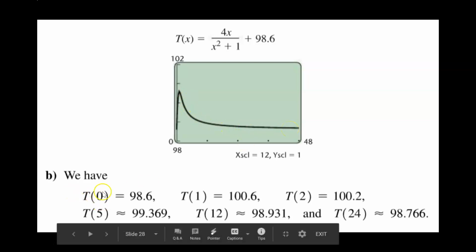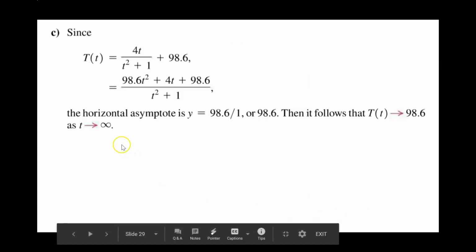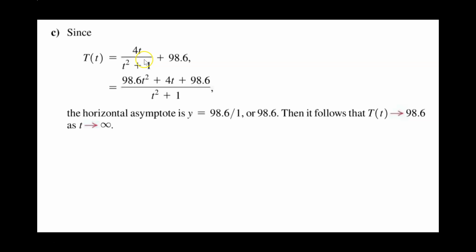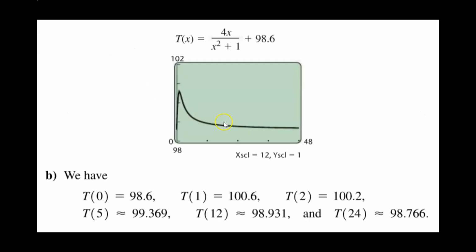If we put in 0 hours, we notice that the person's temperature is fine, 98.6. However, after hour 1, it jumps to 100.6 degrees. After 2 hours, it goes to 100.2. And then 5 hours, 99.3. At 12 hours, we're getting back to normal, and after 24 hours. So what is the horizontal asymptote in this case? Well, actually for this one here,